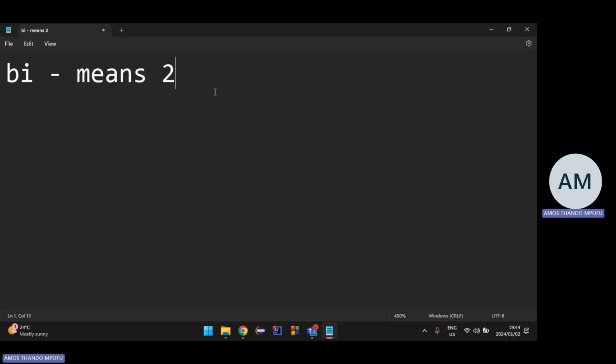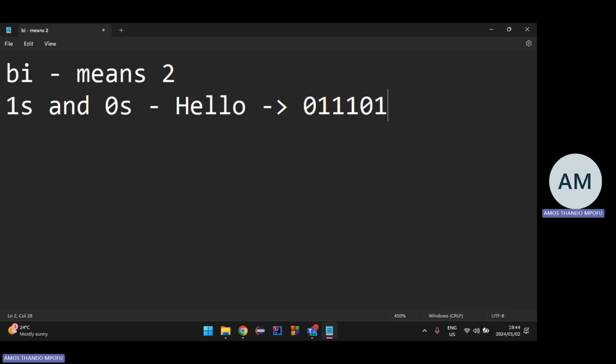So what are these 2 things that it speaks in? It speaks in ones and zeros. That's how it speaks. For example, if you wanted to say hello in binary, it would be something like this. You see, that's how it communicates.